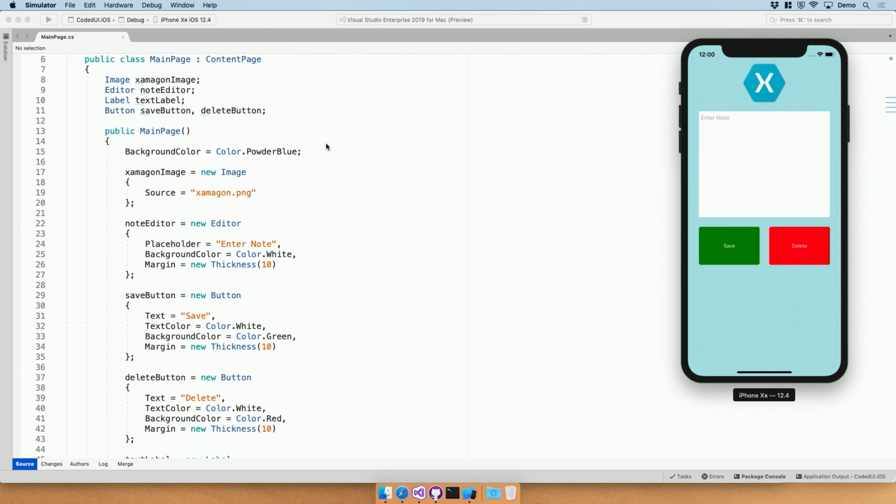We see that we have the Xamarin icon here at the top. Below that, we have a multi-line text box where we can type in anything we want. And below that, we have a couple buttons, save and delete, which actually aren't doing anything just yet. So let's take a look at the code to see how we implemented this UI, and let's add in that